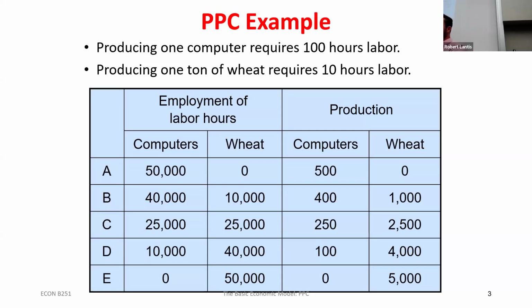So if we think about it this way, if I start out in a scenario where I'm only producing wheat, in order to get that first computer, what do I have to do? Well, I was using all of my labor hours, so I'm going to have to take away labor hours I was putting towards wheat production and put them towards computer production. What is that? It's a trade-off, right? We talked a little bit about that last week. So to produce one more computer, I'm going to have an opportunity cost, right? I'm going to have to give up some wheat production in order to get a couple more computers. What is that cost? It's actually going to be